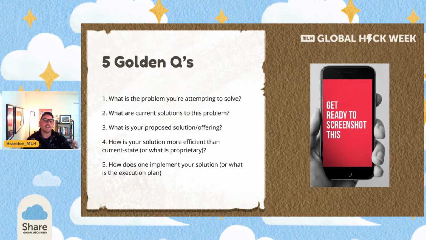Whether your project is 3 people or 300 people, you want to make sure everyone at your company or organization, whatever you're working on, can give you the answers to these 5 questions about your company's mission. You want to make sure everyone can give that pitch of what was going on.